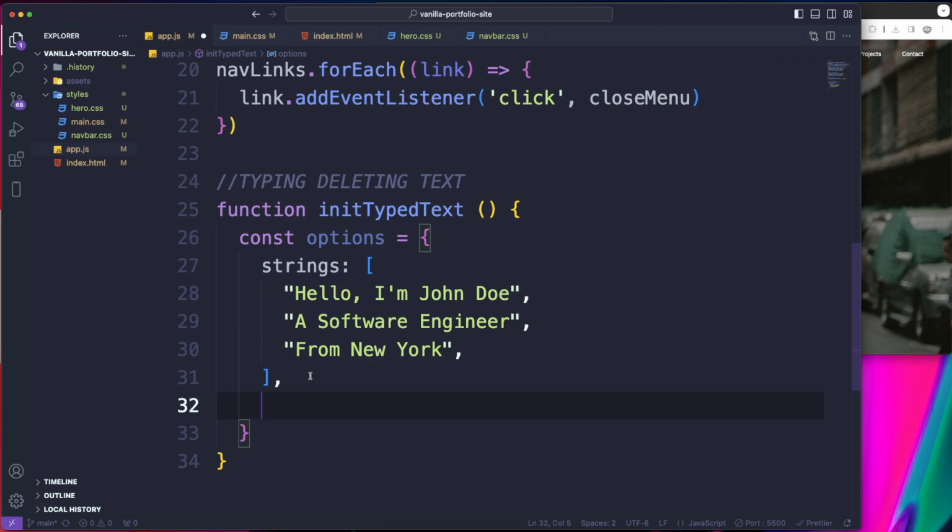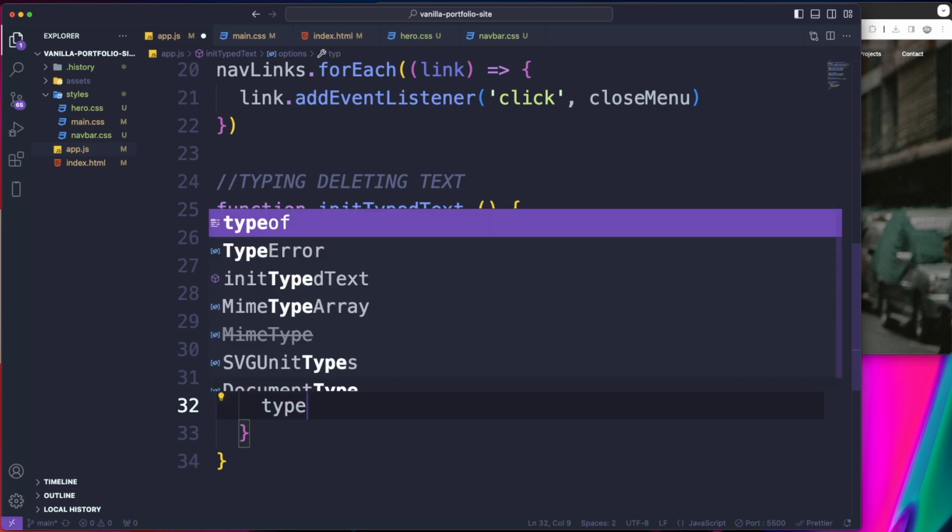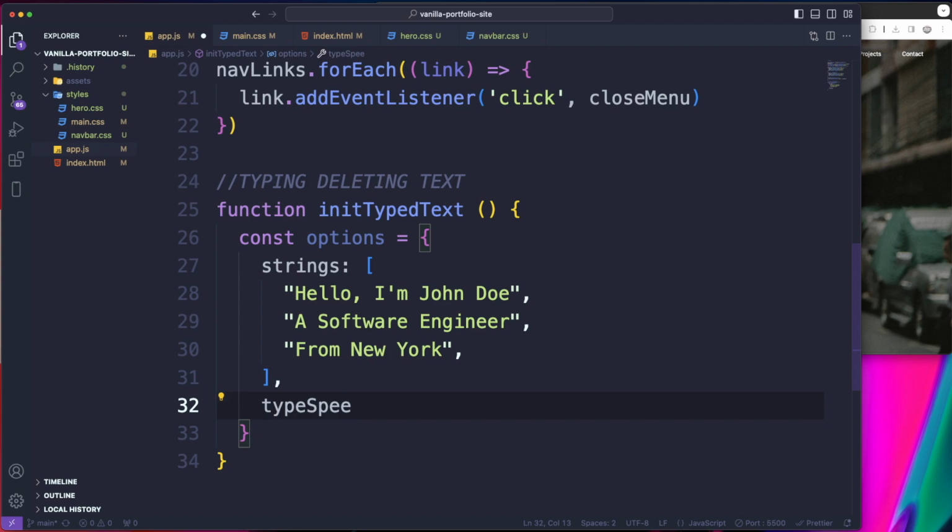All of this is inside of the Typed.js docs. So we're gonna do a typeSpeed. You want the typeSpeed to be 50, and it's all in milliseconds too, so it's 50 milliseconds. And we want the backSpeed to be 30, comma,